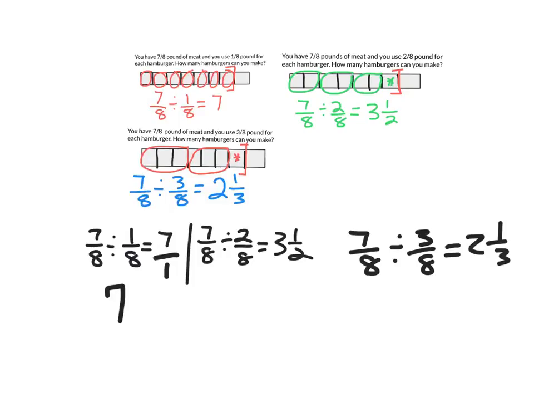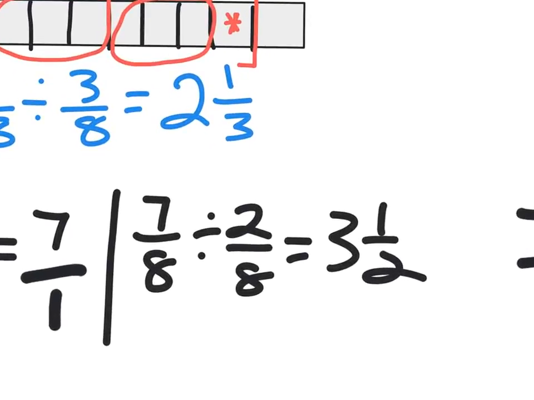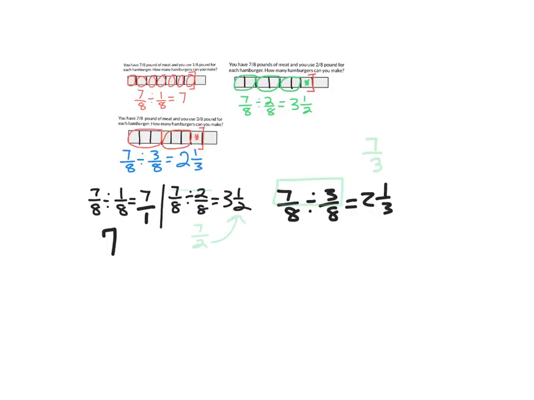If I take a look at my second one, and I go across my numerators, and I do 7 divided by 2, well, 7 divided by